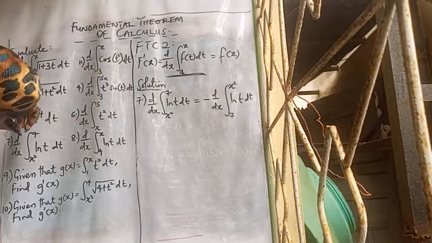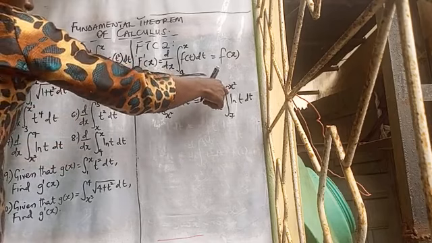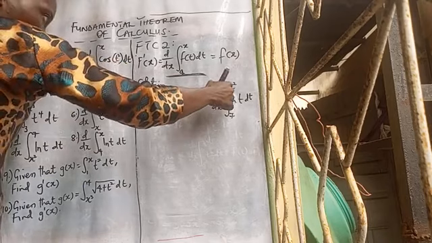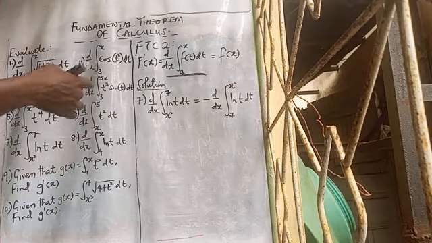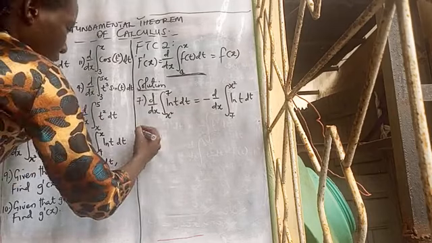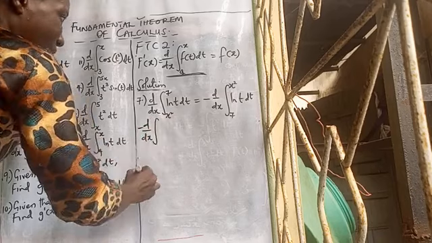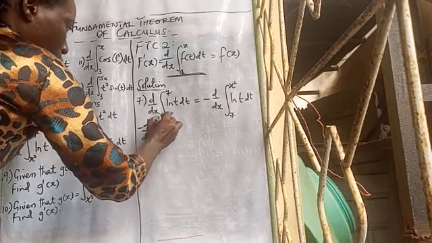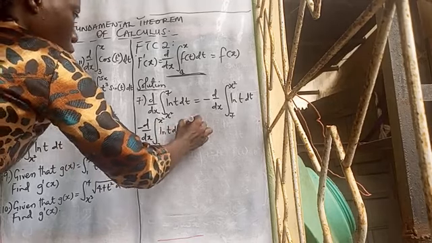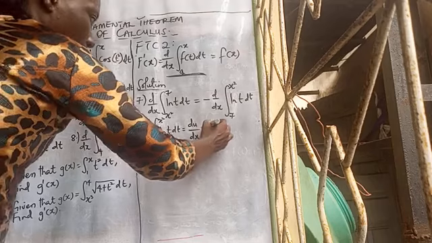You'll be reminded from examples 3 and 4 that we have done before that our upper limit should be a variable, not a function. But when it is a function, then we perform something like the chain rule, which is what we did for examples 3 and 4, and we will do that again. Minus d dx of the integral from 7 to x squared of ln t dt will be equal to du dx times